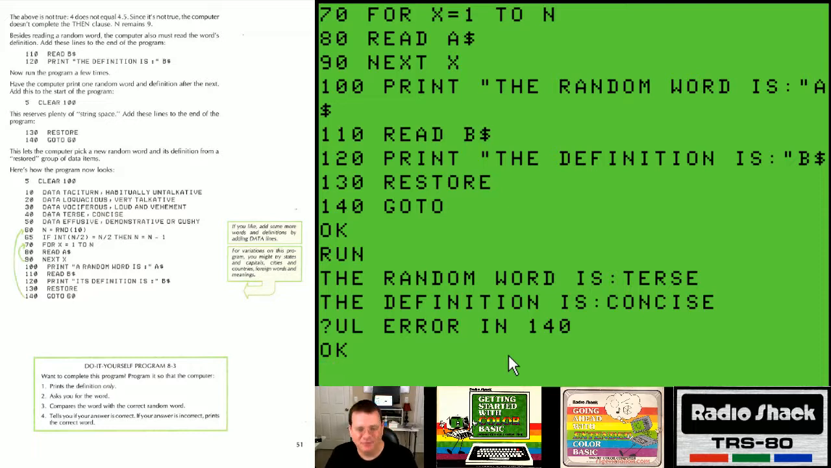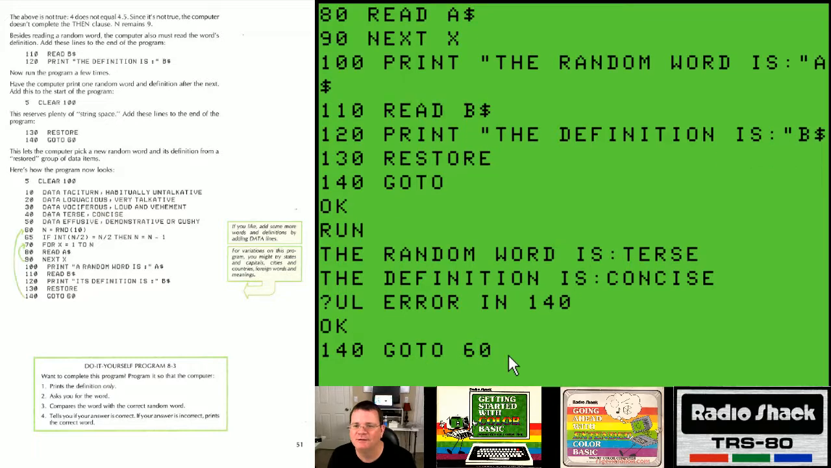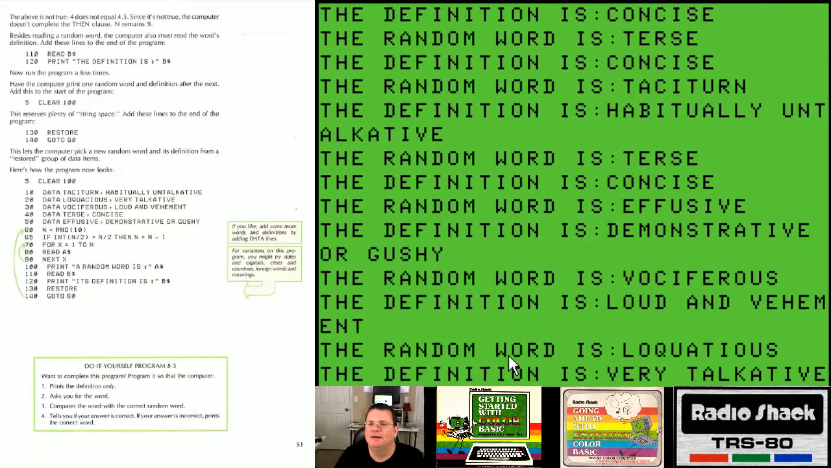140 is supposed to go to 60. Unlisted here. 140 go. I put in go to, but I forgot to do 60. Let's try it again. Here we go. It is